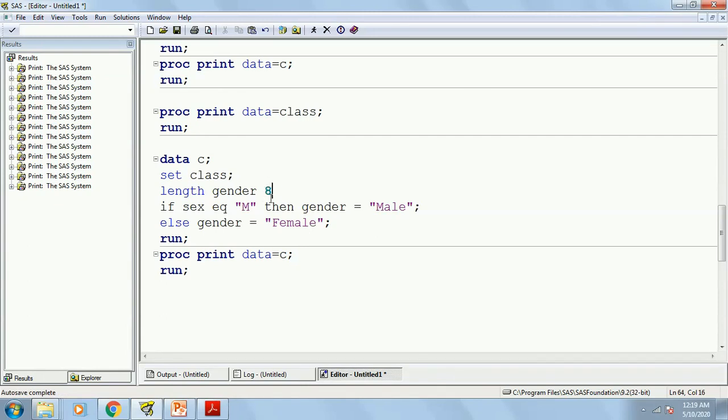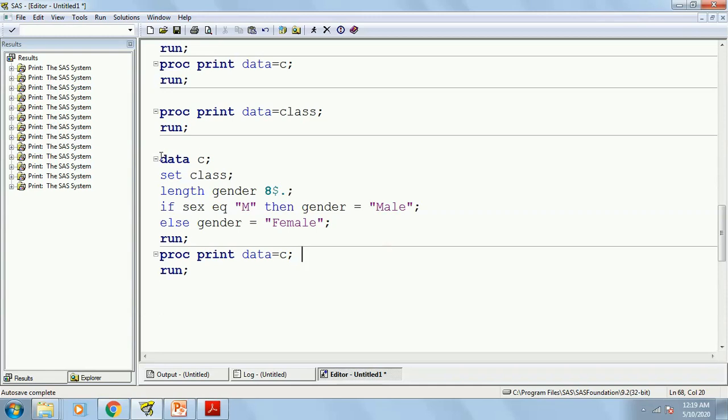And even if I put 8, it doesn't mean that there are going to be spaces. That means maximum 8 characters are allowed. So whatever out of 8 characters will be there, that's going to consume that. Now 8, and since whatever we are writing are characters, I need to end it with a $ sign. Okay, and this is called a format, because I am helping SAS to write something. Whenever you write a format, you need to end it with a dot and end it with a semicolon.